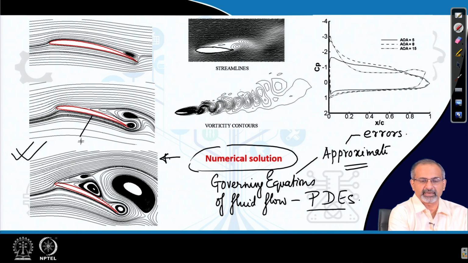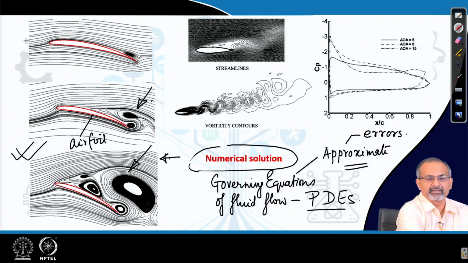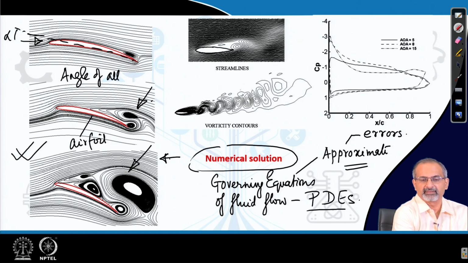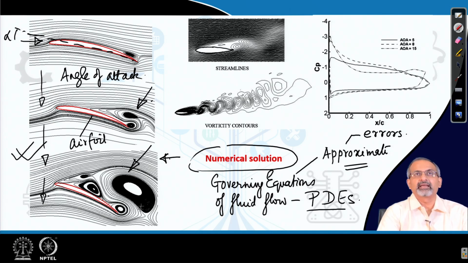You can see a similar airfoil section here, and you can see certain flow features which are created around the airfoil as the angle at which it is inclined to the airflow changes. So, you can imagine that there is some angle that this airfoil section is making with the incoming airflow. That angle is often called the angle of attack. As you increase the angle of attack, as you see in the pictures in the lower part, you find that the flow looks very, very different.